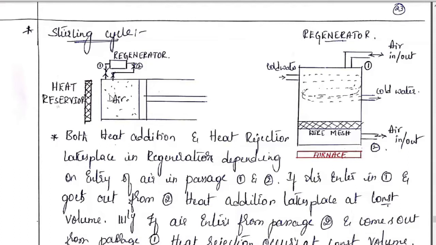So next is the expansion process. Here the regenerator is connected with the cylinder. Here the compression and expansion processes occur. After compression it passes to the second condition, becomes hot, and that is nothing but heat addition. Now the expansion process occurs. We say it is not adiabatic, it is isothermal because of the heat reservoir in it. It maintains constant temperature throughout the heat transfer.